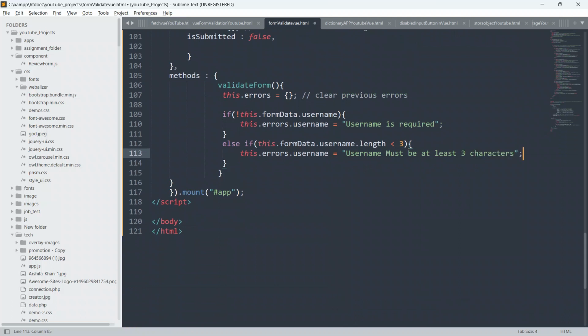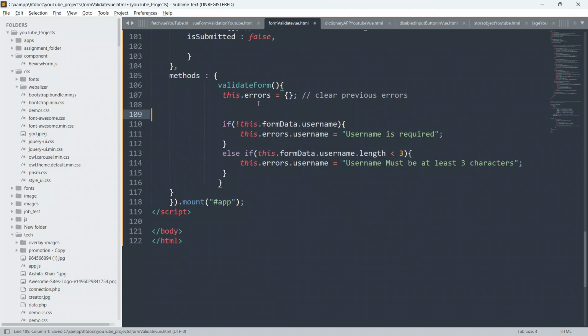Now I will write the comment here also, for you only: validation rule for the username field.